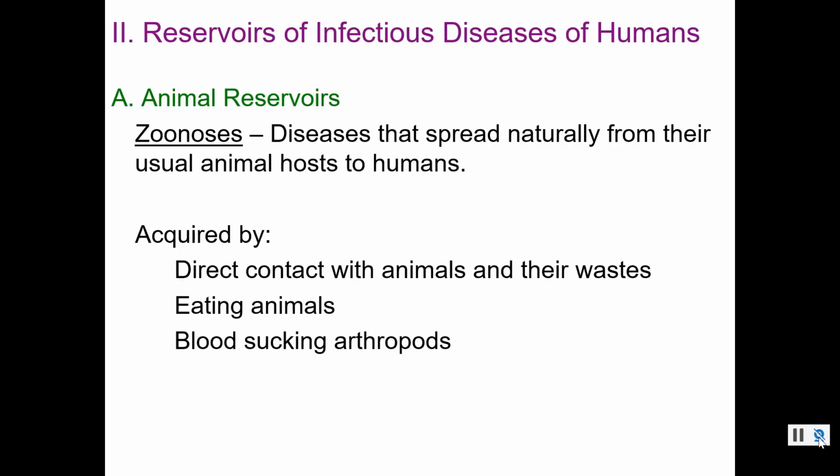Okay, a disease that spreads naturally from an animal host, which is where it usually occurs, into humans is defined as a zoonosis or a zoonotic disease. So this SARS virus originally was a zoonotic disease, and it can spread from its animal host to humans. Now, since it spread into humans, it has mutated and changed, and now it's being spread from human to human. So this new disease, they originally called it a novel coronavirus.